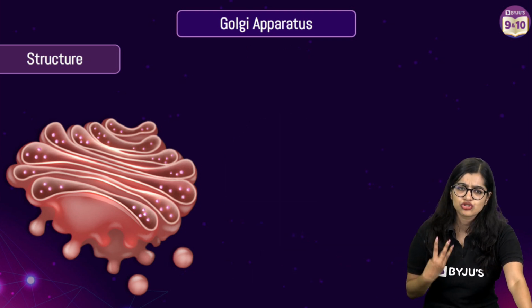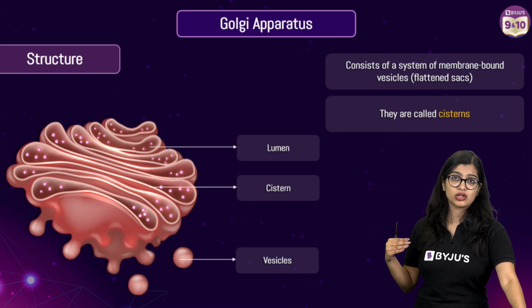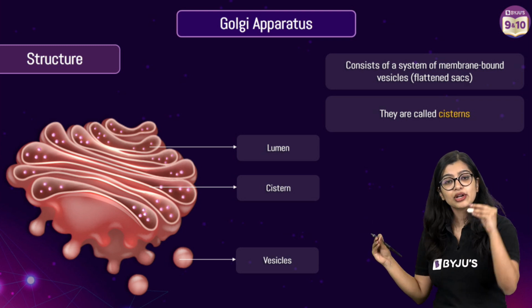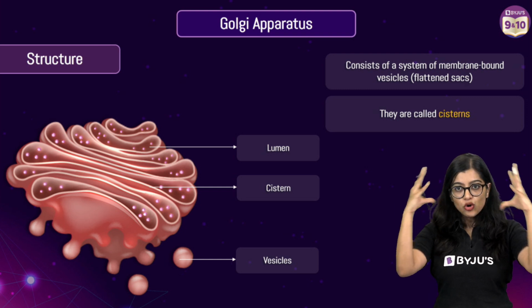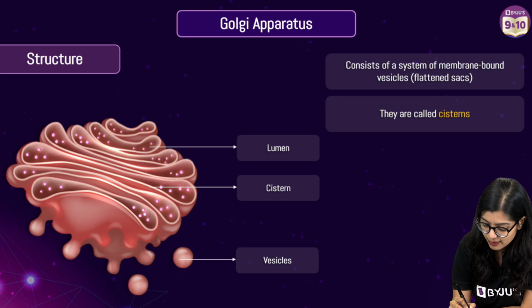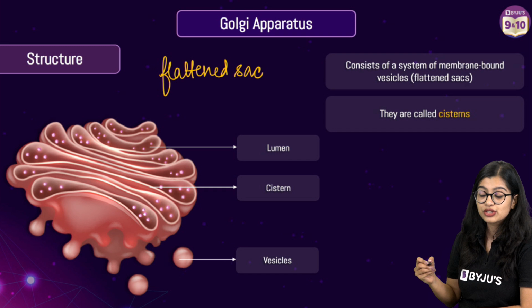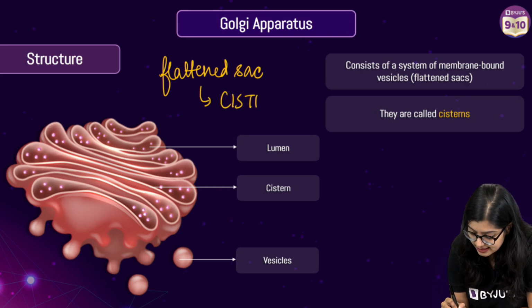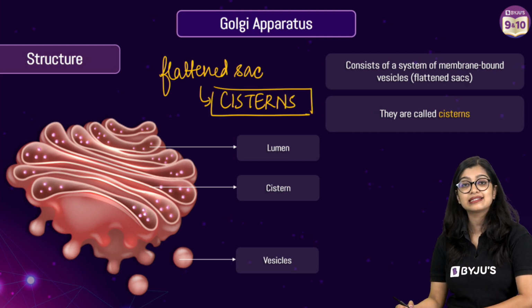Now let's understand the structure of the Golgi apparatus. Now just observe, forget the text that you see on screen, but I just want you to observe the structure as it is. Now when you look at the structure, we see that it's made up of a lot of flattened sacs, right? They look like sac-like structures, but it's not like a proper sac. It is flattened, which is why we say that they are made up of flattened sac-like structures or flattened sacs, which we call cisternae. Now remember how we refer to them. We refer to them as cisternae.